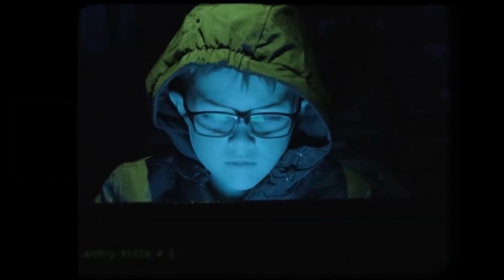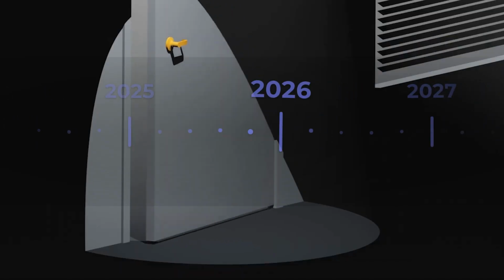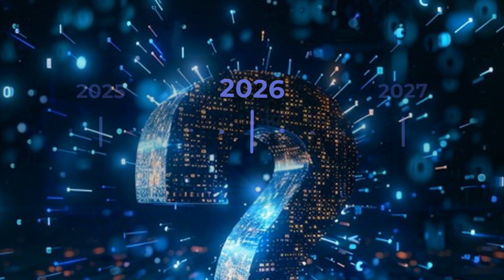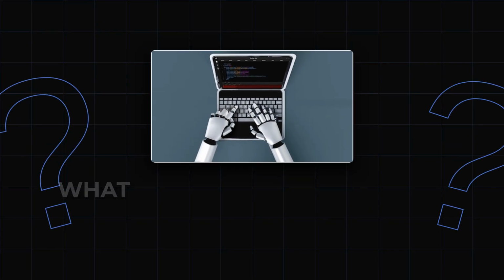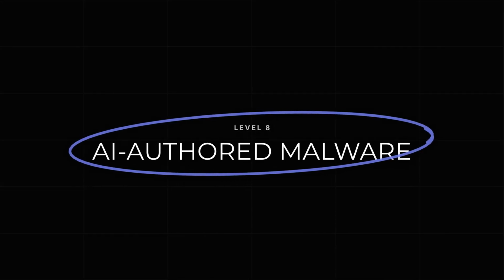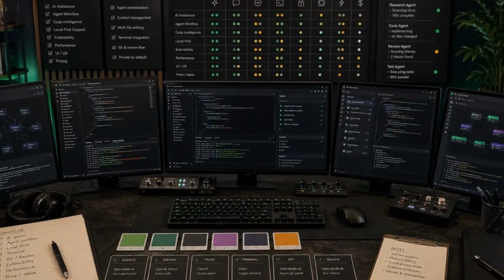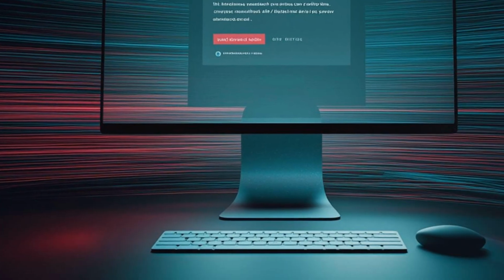But everything up to this point, however it spreads, is still a type of code a human being sat down and wrote, once. The newest shift in 2026 isn't a better way to spread code. It's a different question entirely. What if the code didn't need a human author at all? Level 8. AI-authored malware. This is malware that asks an AI model for new instructions every single time it runs, instead of running on fixed code at all.